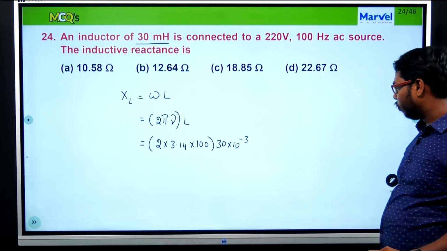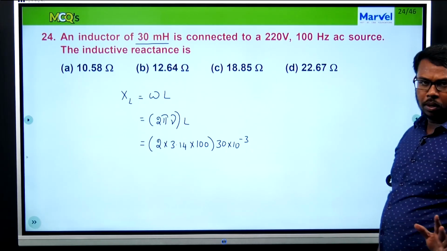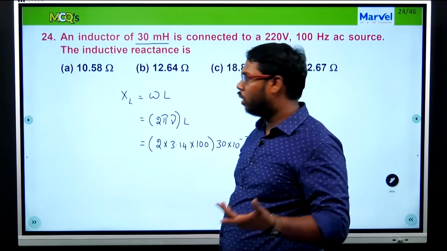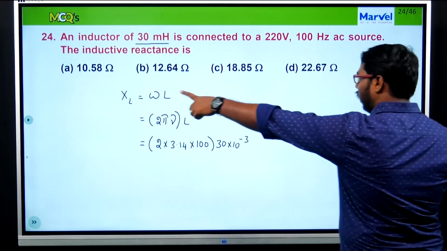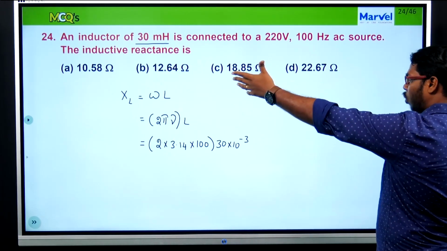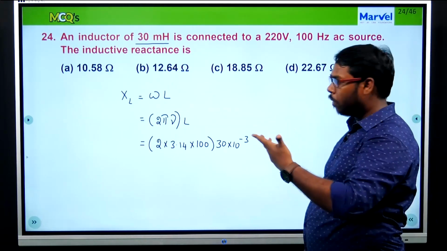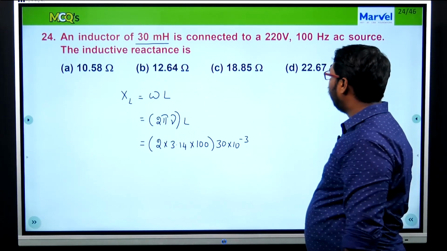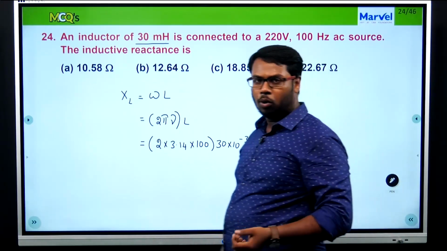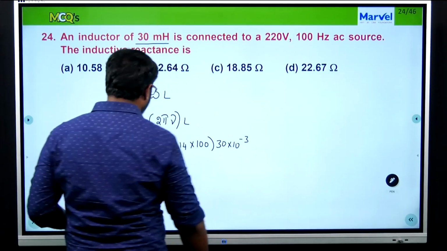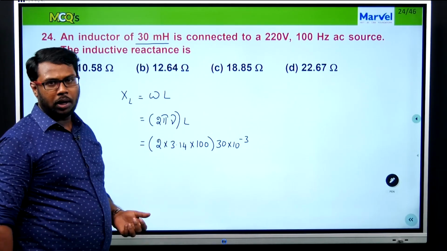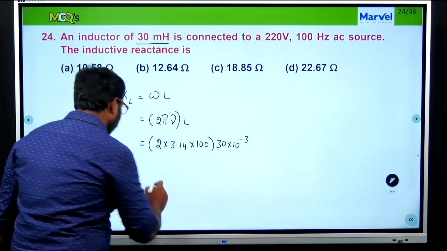To keep it simple, I am not going to complicate the multiplication. Let me show you how to do it, because I see the values given in the options. They have differences of a few units: the first one is 10, next is 12, then 18, 22. So on average it has a difference of 4. So what you have to do is approximate the pi value to 3 and just start multiplying, and we will see what we get.